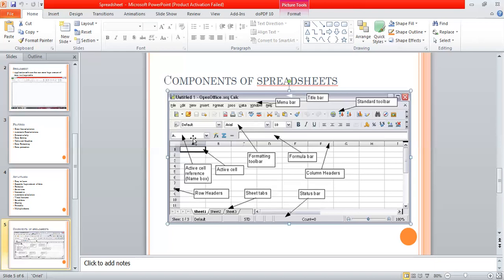I would also like to introduce one more key term, that is range of cells. As I told you, a cell is formed with the intersection of a row and a column. What is a range of cells then? A range of cells is a group of continuous cells that forms a rectangular area.